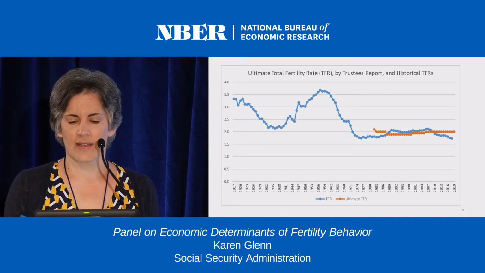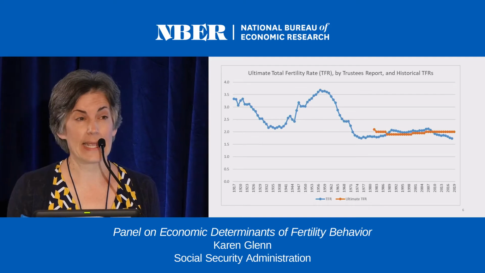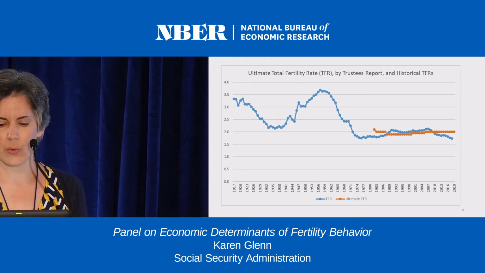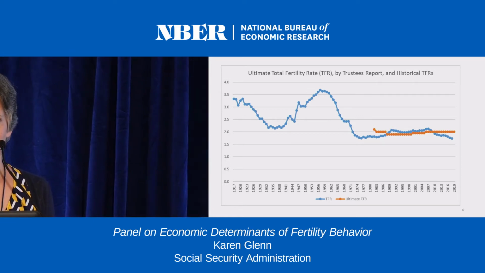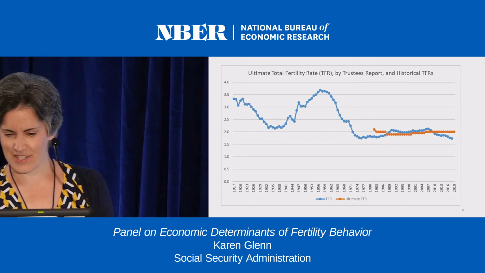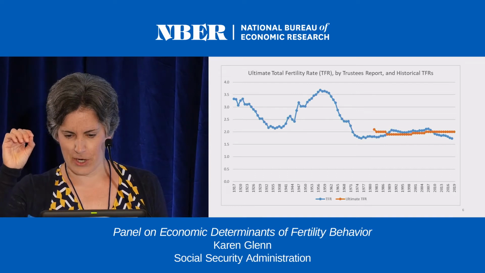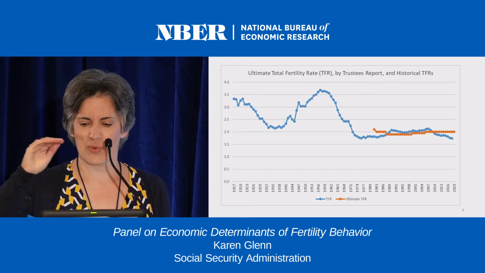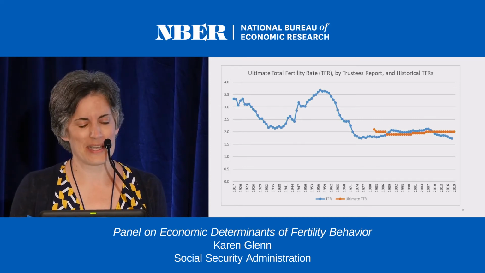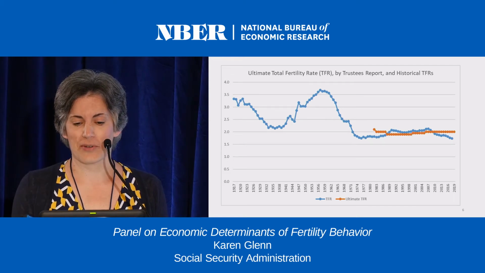A couple of things you'll notice on this slide is that in 1988, we dropped our ultimate rate from 2.0 to 1.9, just as fertility rates were starting to go up. And again, in about 2000, where are we? In the 90s, we started bringing those ultimate rates up again, as fertility rates were going down. It's a tough thing to do, to figure out where the fertility rate's going to go.